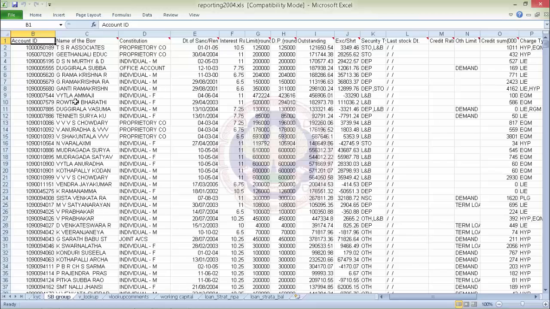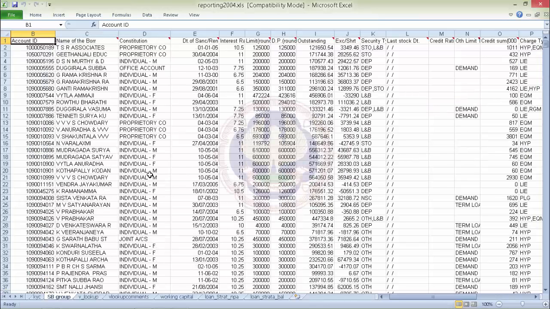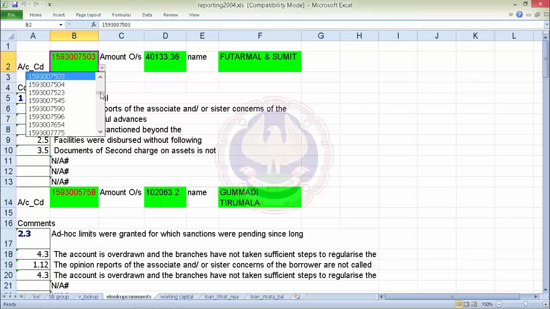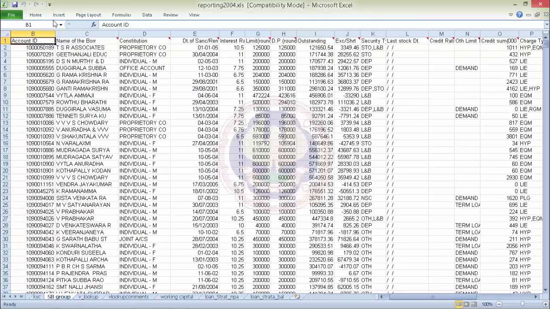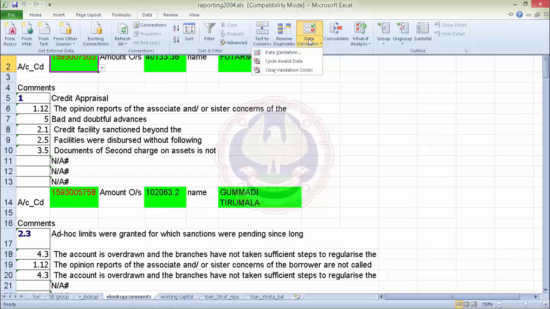These are all the accounts that are in that particular bank, which is almost like 485 accounts. Now I need to create a documentation tool using Excel. Here I have just tried to create a documentation tool in Excel. You can just see here there is a drop down for the account numbers. What are all these account numbers? These account numbers are nothing but these account numbers. I have tried to pull here by using data validation